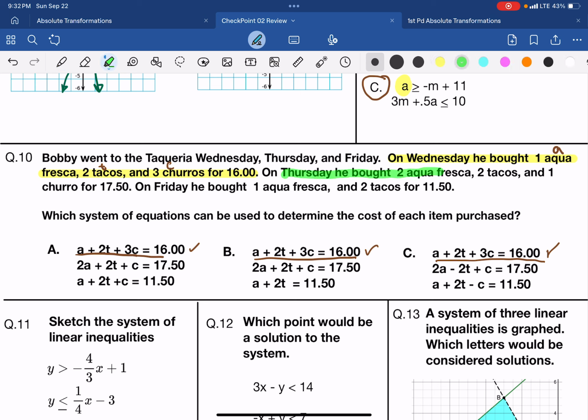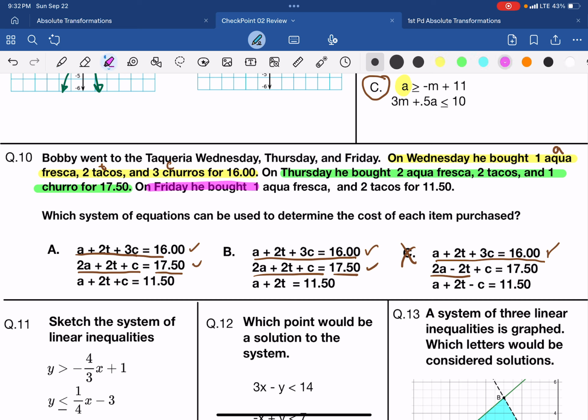Thursday, he bought 2 aguas frescas, 2 tacos, and 1 churro for $17.50. So that would be 2A, 2T, and 1C equal to $17.50. So that works too. 2A minus 2T. Nope. Now between A and B, last but not least,